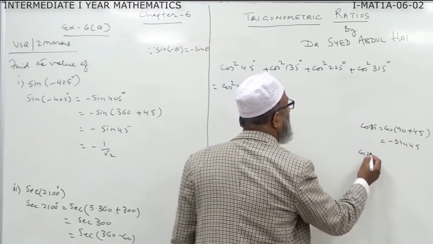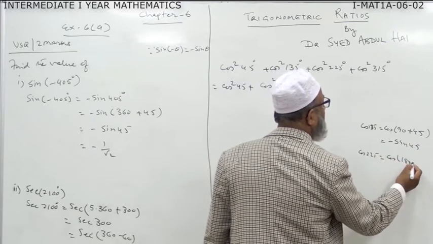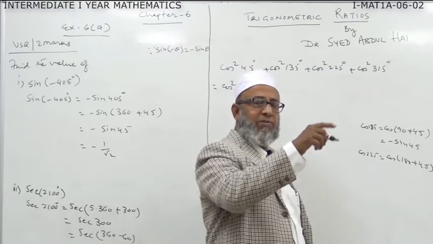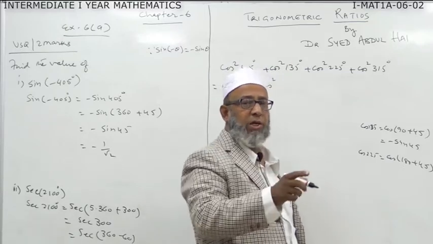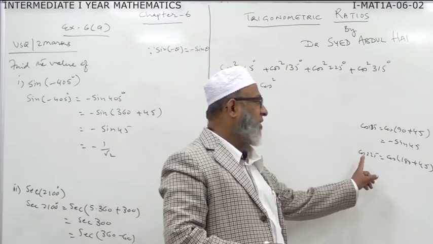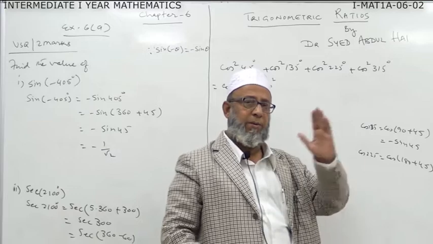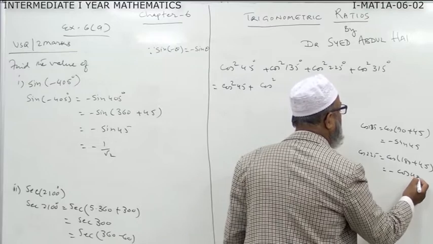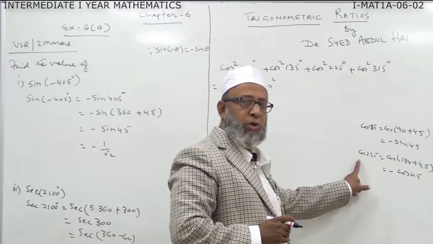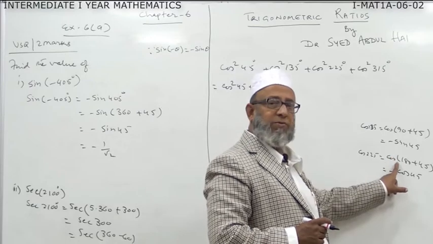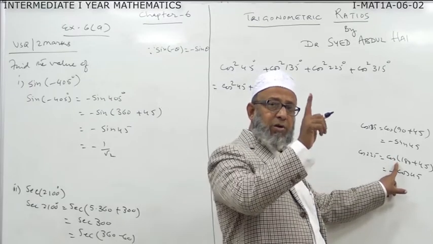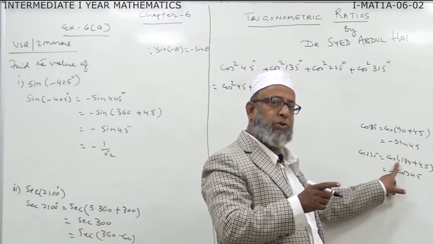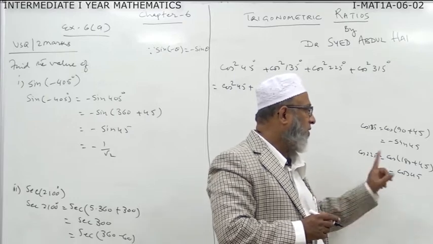Similarly, cos 225. 225 is equal to 180 plus 45. Which quadrant? First quadrant, second quadrant, third quadrant. In the third quadrant, all silver tea cups, tan is positive. Therefore, cos will be negative. And like on the left hand side, it remains as it is. So, cos 180 plus theta is minus cos theta. Is it clear? Cos 225 is equal to cos of 180 plus 45. It lies in the third quadrant, therefore it is minus cos 45.